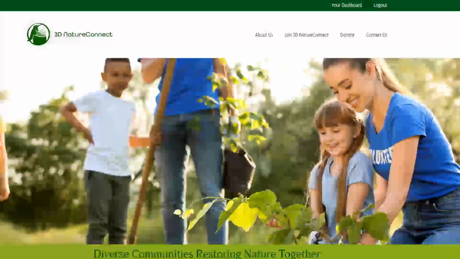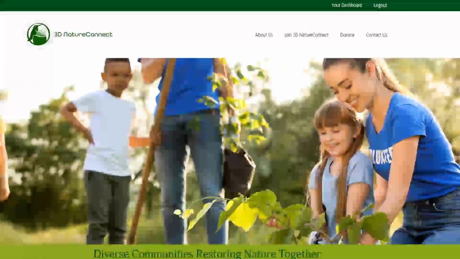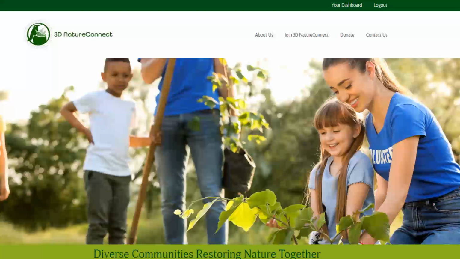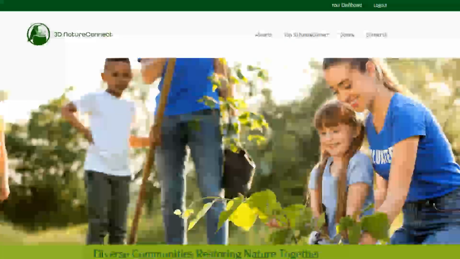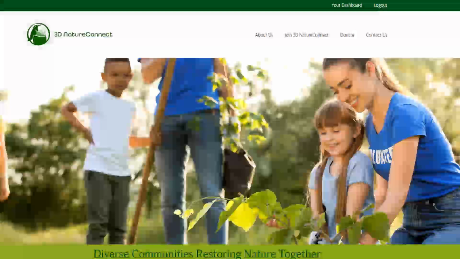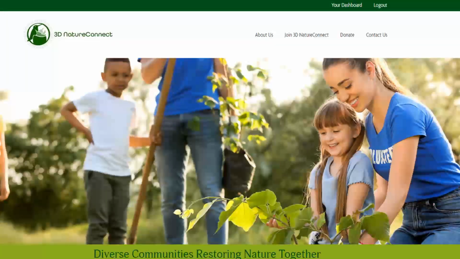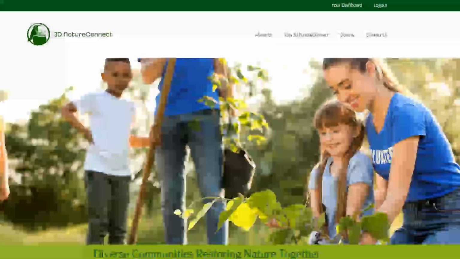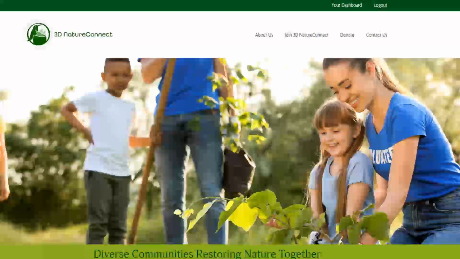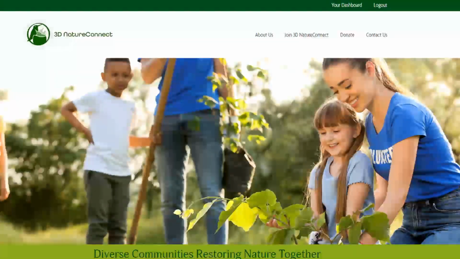We are very excited to tell you about a new feature we are rolling out on the 3D NatureConnect platform. This feature will allow you to add roles and shifts to projects. For instance, let's say you are having a weekend birding festival. You have lots of different jobs to fill and different shifts for each job. You will now be able to do this on 3D NatureConnect, enabling other users to sign up for the roles